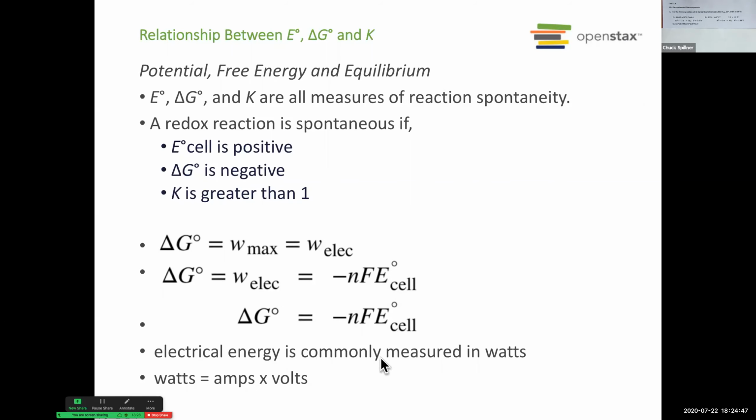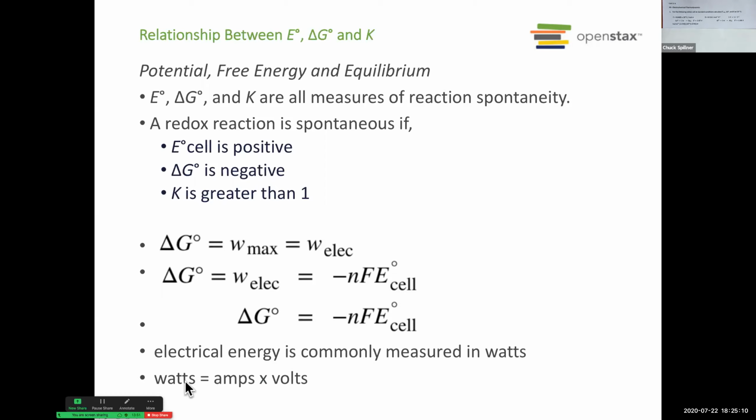Now, electrical energy is commonly measured in watts. When we've measured the free energy of the cell, that's going to come out in joules. There are all kinds of units of energy, and joules is one of those. But electrical energy is commonly measured in watts. But if you look at this equation, if we substitute watts for the free energy, if we just put in some units,